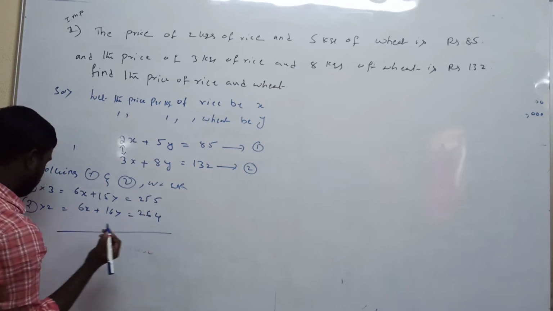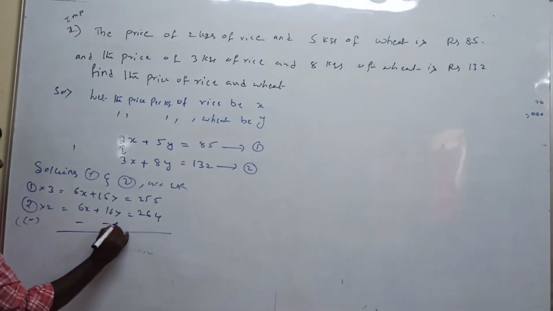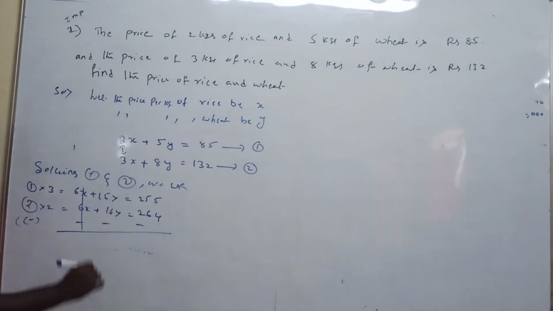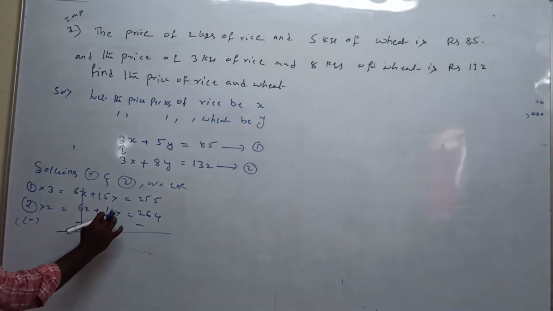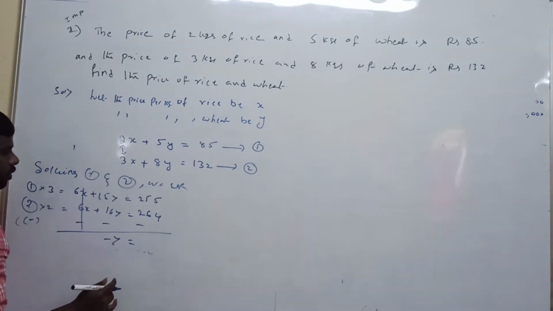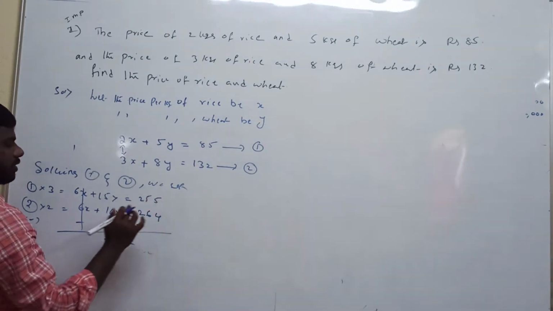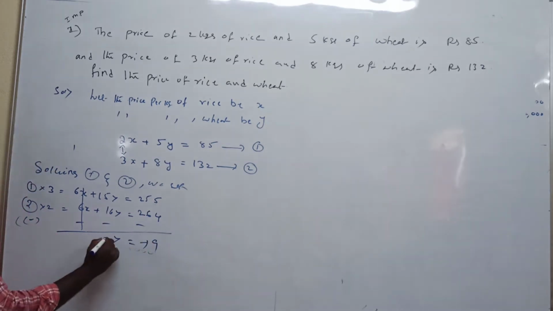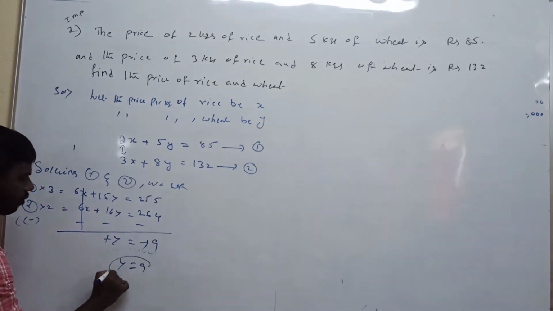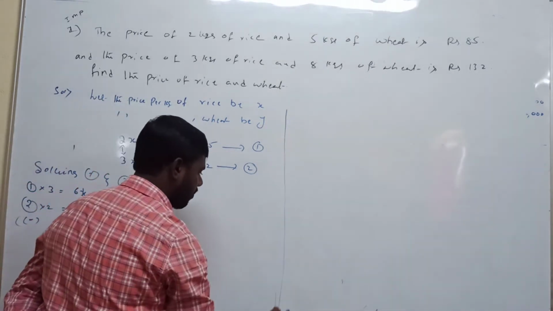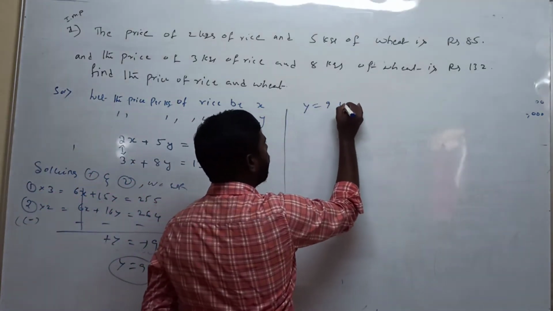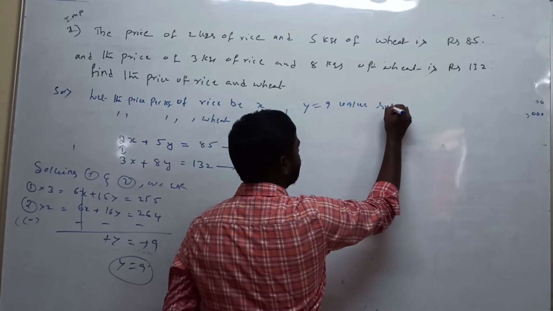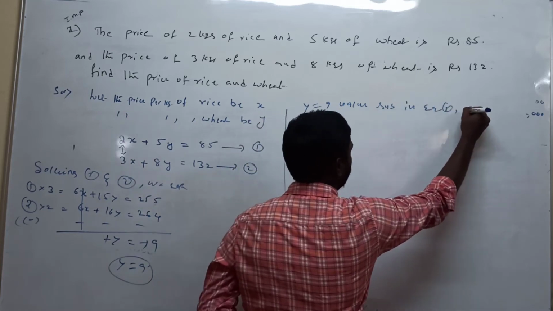So now subtracting, the sign will be changed. Plus 6x minus 6x gets cancelled, plus 15y minus 16y is minus y, equal to 255 minus 264. The value is minus 9. So now the minus gets cancelled, y is equal to 9. The y value can be substituted in any equation. So y is equal to 9, substituting in equation number 1 we get